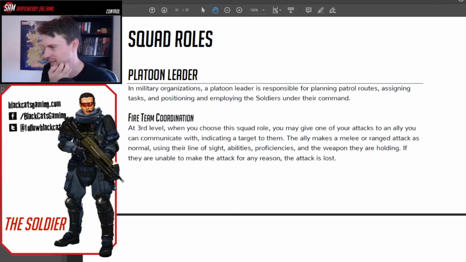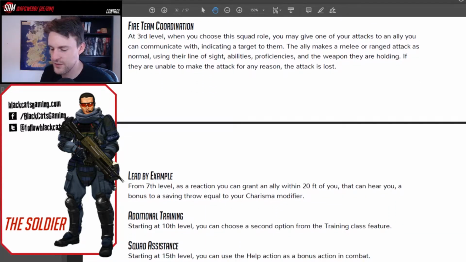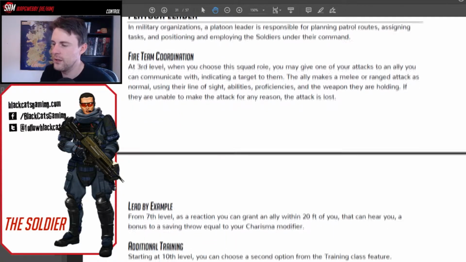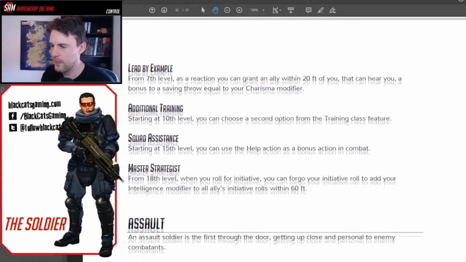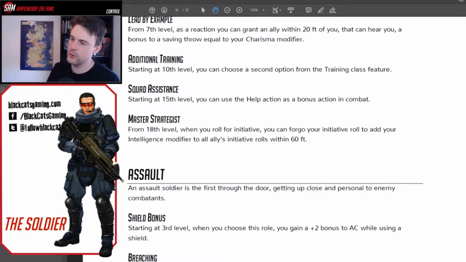I wanted to give some flexibility there for the soldier. So we've got platoon leader. So that's all about coordinating your team, giving them actions. I really liked in 4E when they did the warlord, and giving your actions over to your allies, letting them do extra certain attacks or actions and that kind of thing. And I wanted platoon leader to be about that kind of thing, about you coordinating a team, giving your actions over to your allies, and having real tactical play, and that comes to its fore with 18th level when